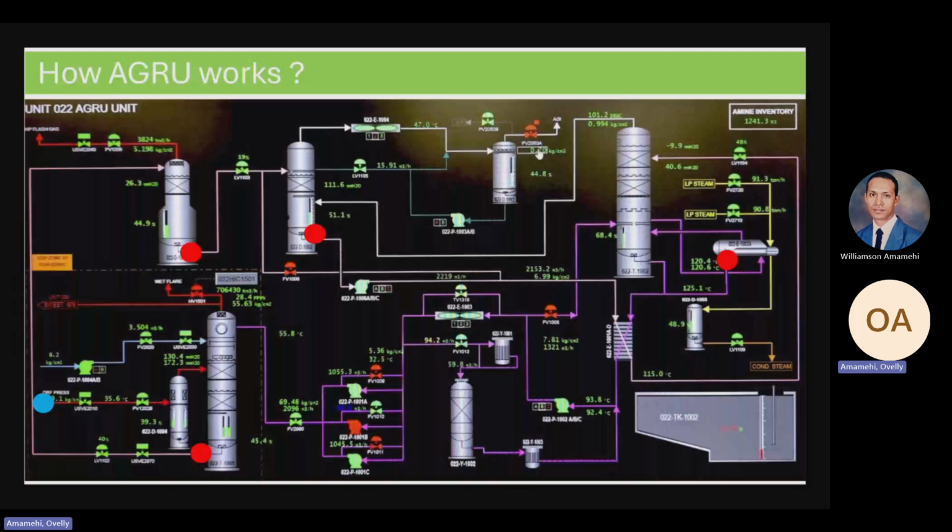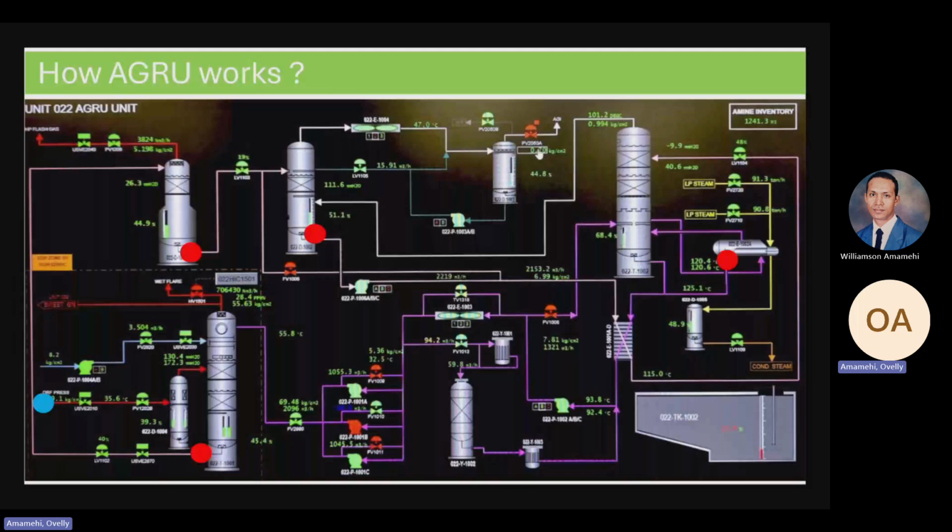The light hydrocarbon exits from the top of the knockout drum and enters the bottom of the absorber. The feed gas in the absorber contacts countercurrently with lean amine and water, and the sweet gas exits from the top of the absorber and goes to the dehydration unit. There is an exothermic reaction here, and the rich amine goes down from the bottom of the absorber and flows to the top of the HP flash drum.